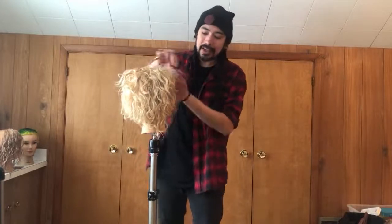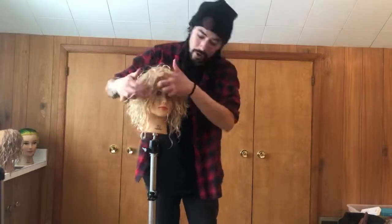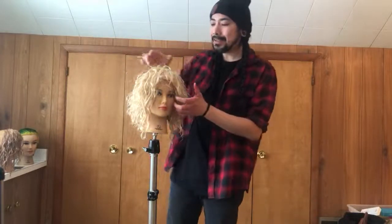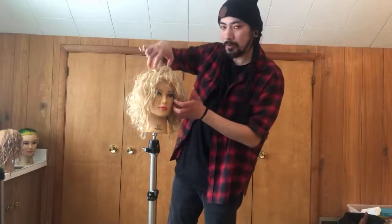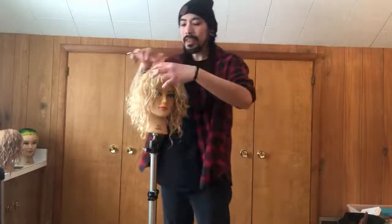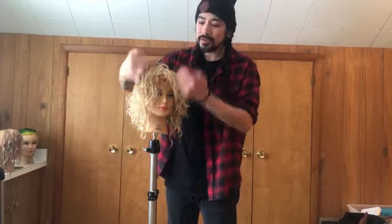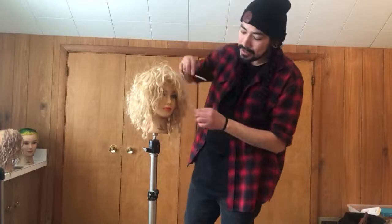Now, let's just say, for example, I wanted the length to stay long so that I can part it over to a side. Then a lot of the time, what I'm pulling forward is going to come more from the apex area, but regardless, it's going to come forward because that's the only way I'm going to be able to get lift in this area. If this region of the haircut stays too long, you're just not going to get any significant amount of lift. You're going to have to rely solely on how you dry it, which isn't a bad thing,